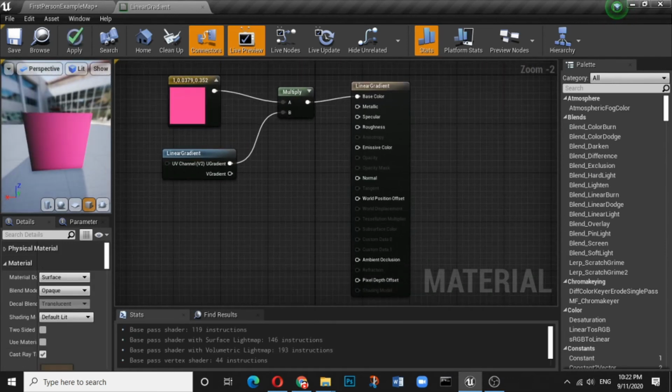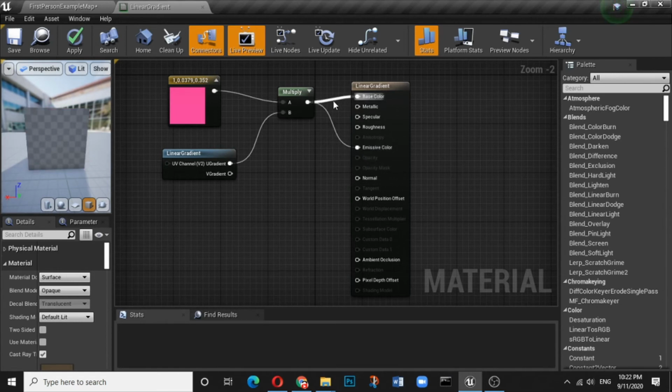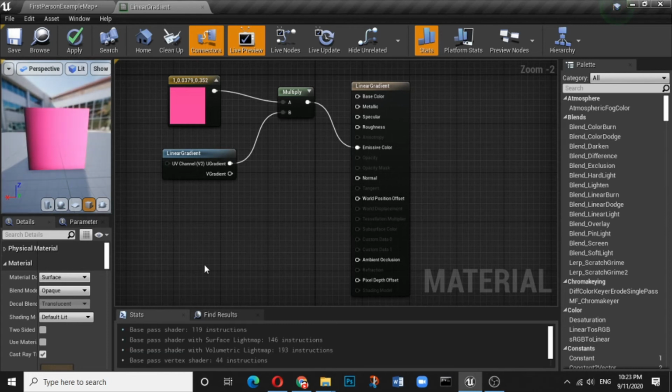Now we will see how it works with the emissive color. So we just make the changes with the emissive. You can see the same effect with some sort of glow.